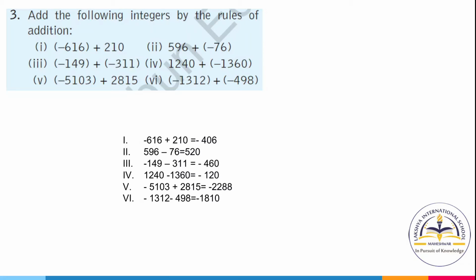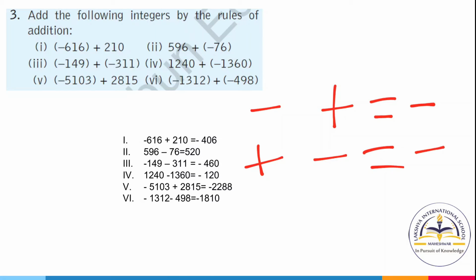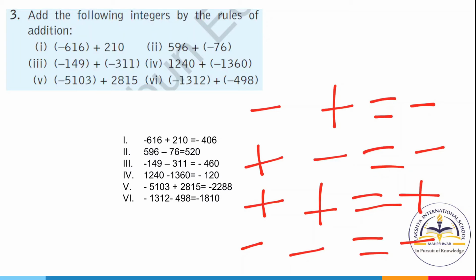First let me tell you, suppose there is one minus sign and one positive sign, so the minus operation will be there. Now if positive sign and minus, then negative. Okay, so you have to subtract them, and for positive you have to add, and for negative you have to add them. Here you have to put the minus sign with them.